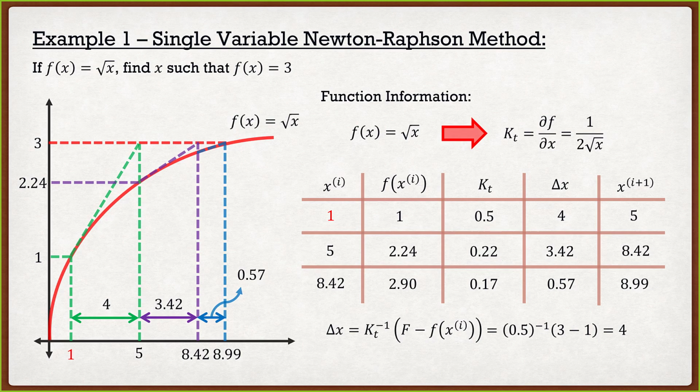Perfect. Now we're going to discuss multivariable. Again, what happens with these nonlinear equations is we're solving for those nodal displacements. Depending on how many nodal displacements we have in our system, that's how many equations we're going to have. And how many nodal displacements we have in our system, that's how many variables we have in each equation. So we're not just looking for one equation with one unknown, we have multiple nonlinear equations with multiple unknowns.